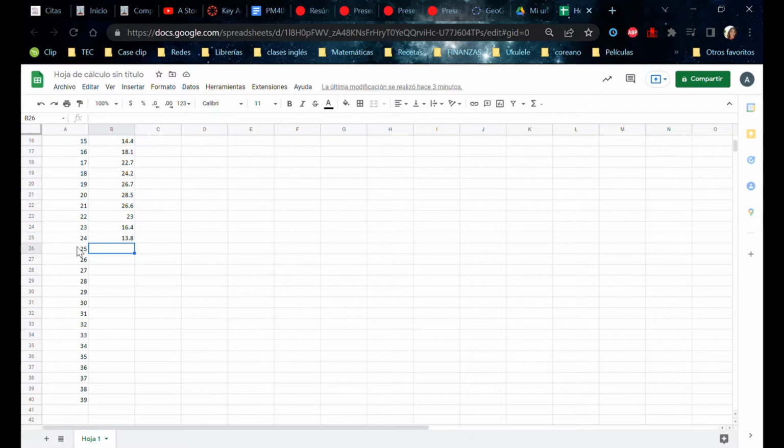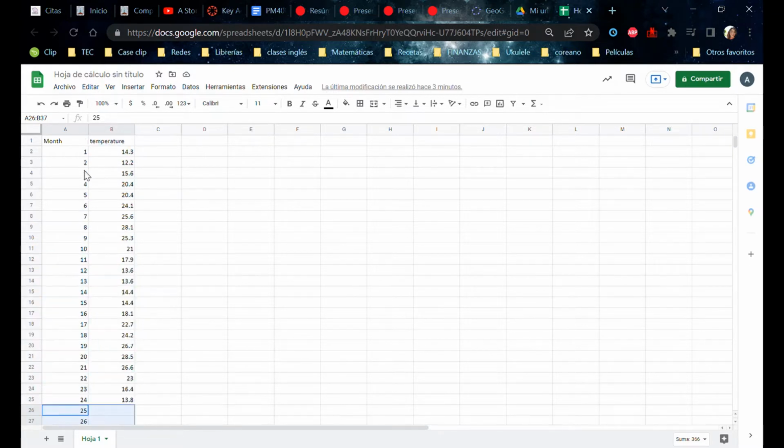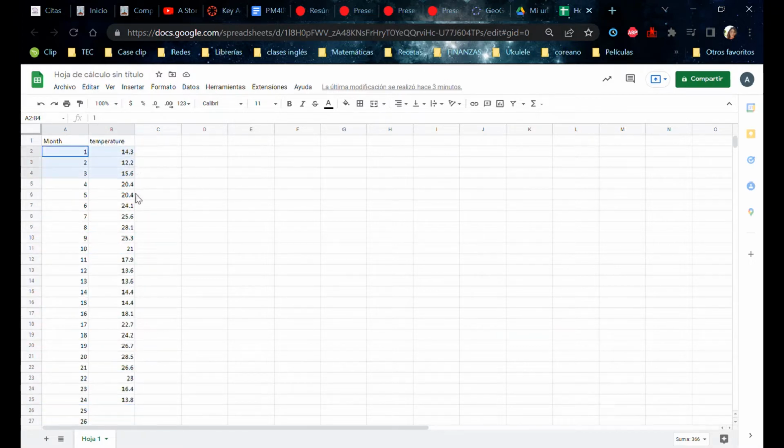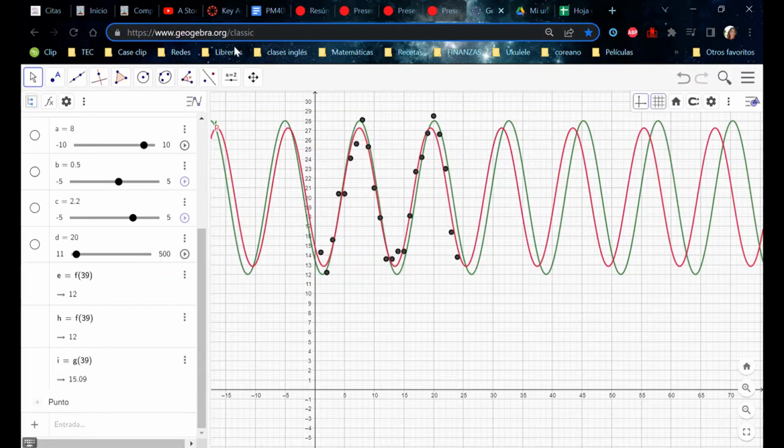So here you are going to create this Excel and fill up all the possible values. Obviously, because we are doing 3 years, that means you are going to have values for the first month, that is January of 2019, until the 36th month, which is December of 2021. Okay? Once you have this, you're going to copy your columns, and you're going to open a GeoGebra